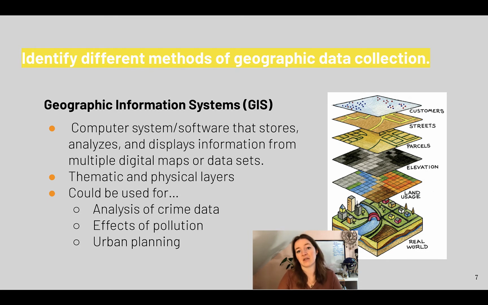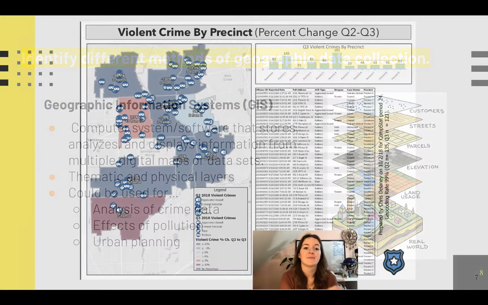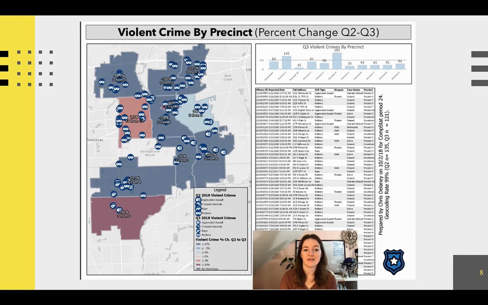We can look at the effects of pollution. We could look at it for urban planning. There's a ton of different uses for GIS. Here we're looking at the analysis of crime data. So we're going to look and see where is the most data, where is the least data, and what are